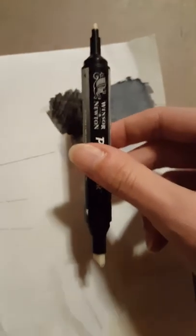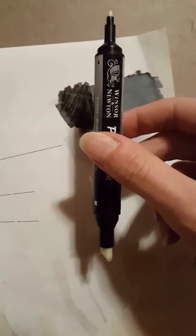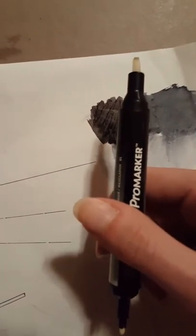I also usually use the fine tip rather than this large tip. There may be a few other things that you can do with this large tip that I'm not aware of yet, but I know there's a lot of other videos on here that explain these markers probably in a much more professional way than I can. So if you're needing a little more information than what I was able to give you now, I'm sure there's somebody who has the content that...